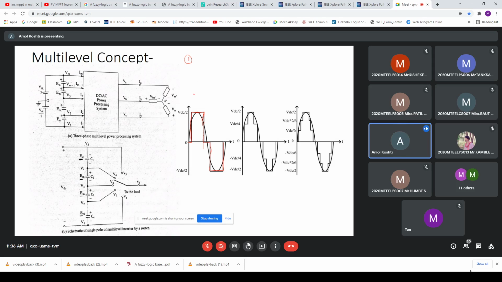Second, here we produce only two levels. Because of the two levels, the pulsating nature of the output is very high. Pulsating means the unwanted part is more and the wanted part is less. If we connect the filter circuitry, the size of the L and the size of the C, or whatever filter we are using at the end of this inverter, is very high. So we also need to invest more cost on the filter, because our aim is to get a pure sinusoidal waveform at the end of this inverter.